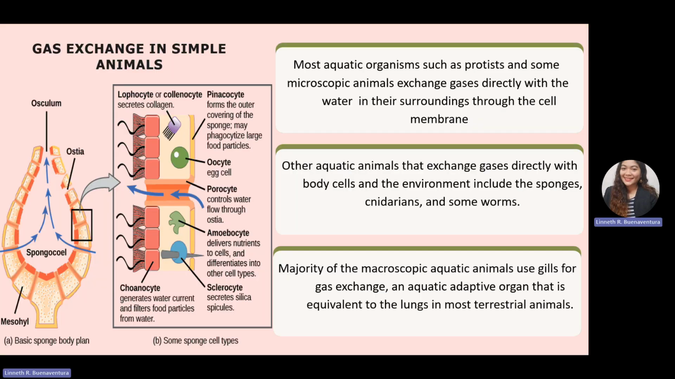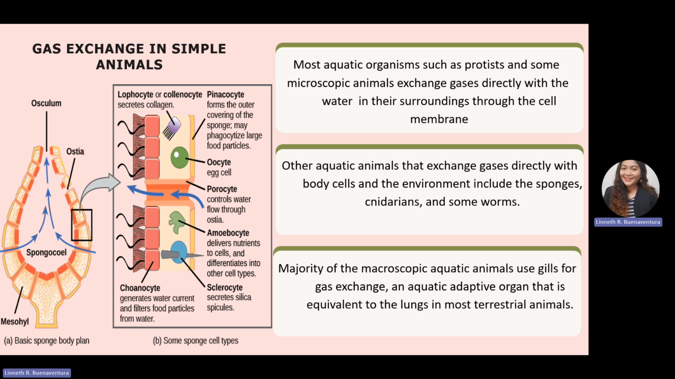How about a simple organism? They have direct diffusion. So the gas exchange in simple animals, which is mostly aquatic organisms such as protists and some microscopic animals, exchange gases directly with the water in their surroundings through their cell membrane. The cell membrane consists of osculum, ostia, and openings, which allow them to filter water and diffuse carbon